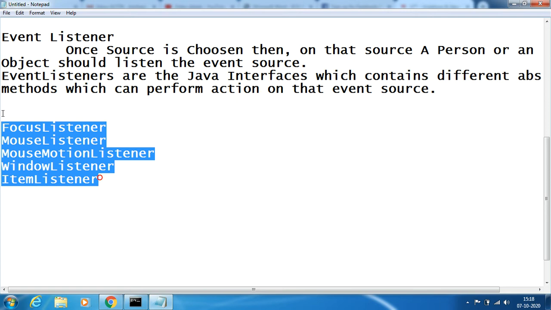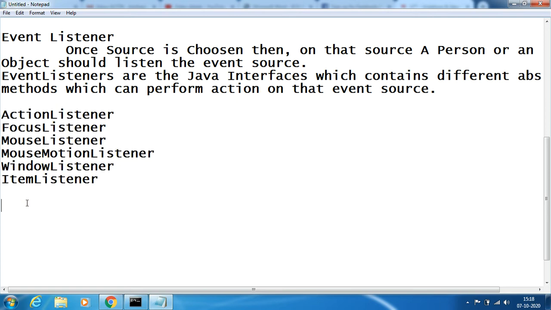Without these listener interfaces, no event source can be handled. If I speak technically, action listener is meant for button, focus listener is meant for text field, sorry I had it reversed.